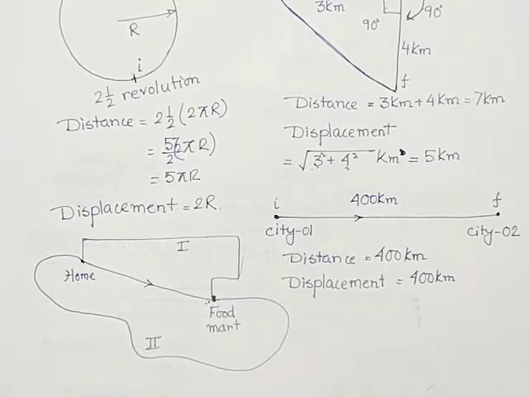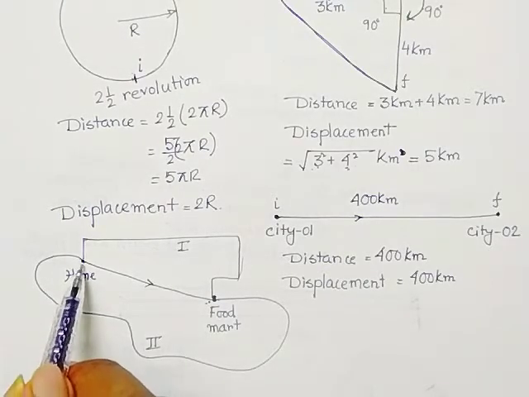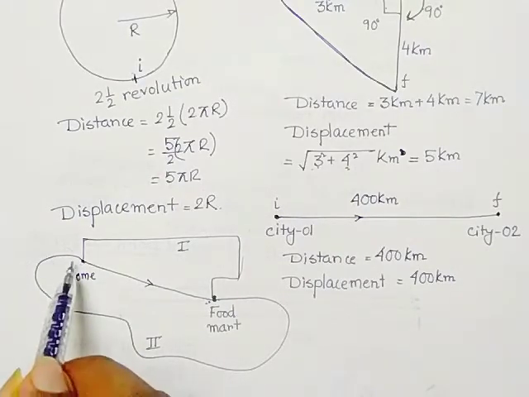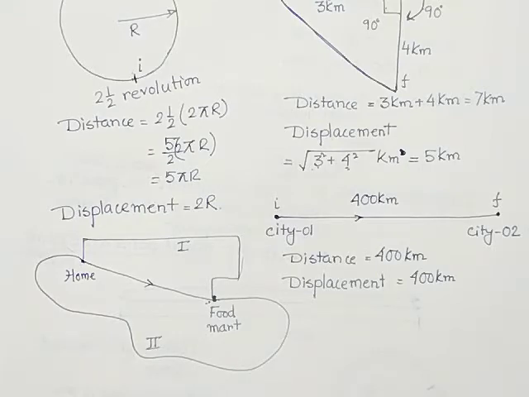Because the straight line distance between the 2 points will never change, but you can draw numerous lines, curved lines or straight lines, or a mixture of straight and curved lines, between these 2 points. So you can say displacement is the fundamental thing, or you can say the displacement is one for a particular initial point and final point. It may be 0, it may have some value, but the distance may be different.